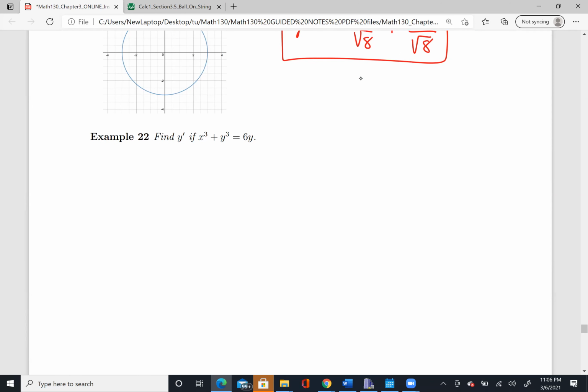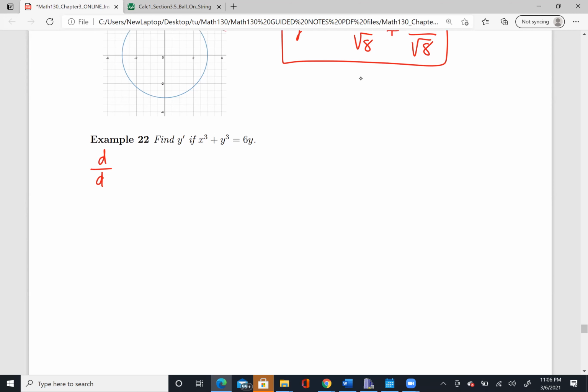What we do is we're going to find the y derivative if I have x cubed plus y cubed equal to 6y. So for this problem, you have to take the derivative of both sides, take d over dx of both sides. Okay, so let's look at this. x cubed plus y cubed equal to d over dx of